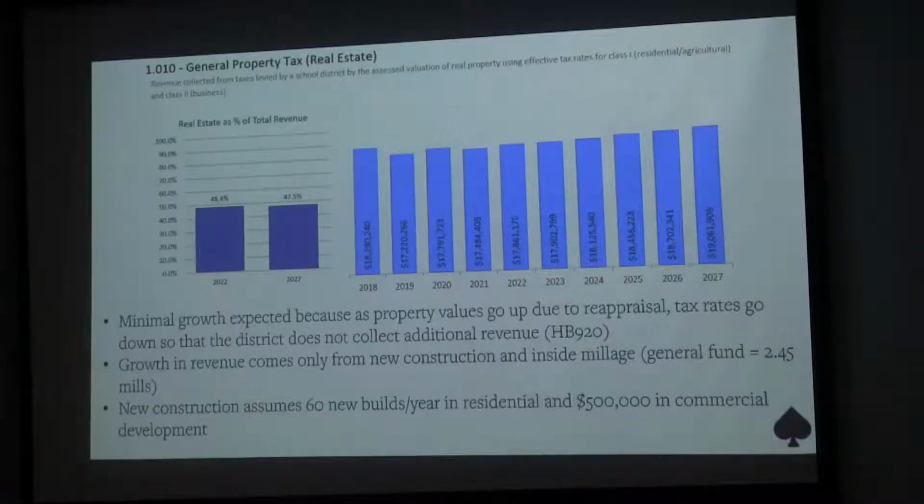The big difference between residential assumptions and commercial assumptions in this forecast has to do with the fact that nothing's currently happening. We see the residential developments going in, and we can point to those and use the numbers from the previous slide to make educated guesses. We don't have that for commercial development, and it's unlikely that we will over the next few years, because commercial development requires water and sewer, which I've learned more about in the last 4 months than I ever thought I would want to know. That's what's going to drive commercial development.